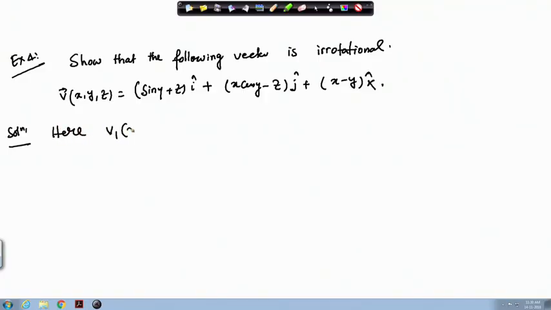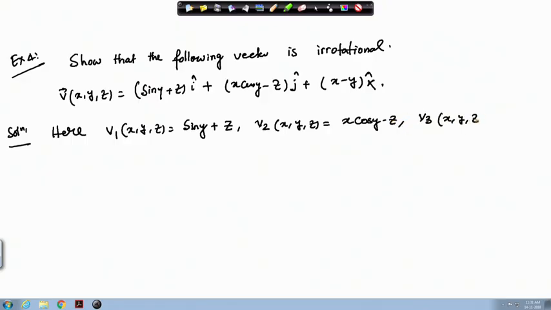Here, our v1(x, y, z) is sin y plus z, then v2(x, y, z) is x cos y minus z, and v3(x, y, z) is x minus y. Now, we calculate the curl of v. So, curl of v is nabla cross v, and from the formula we have